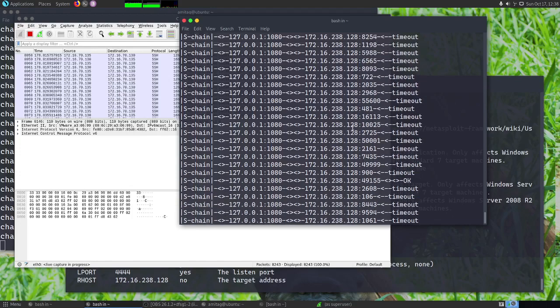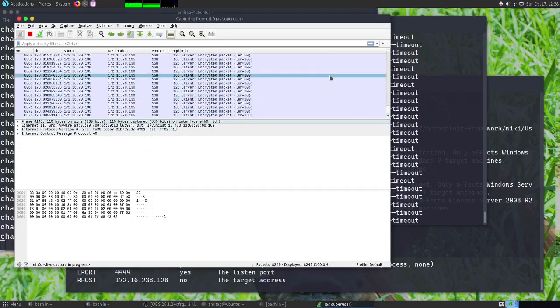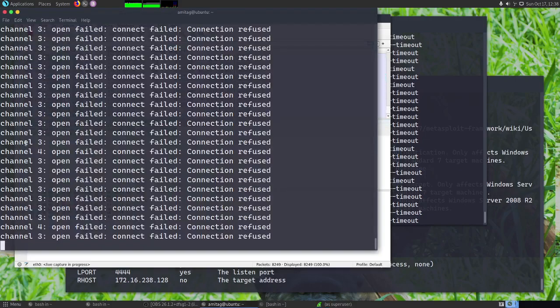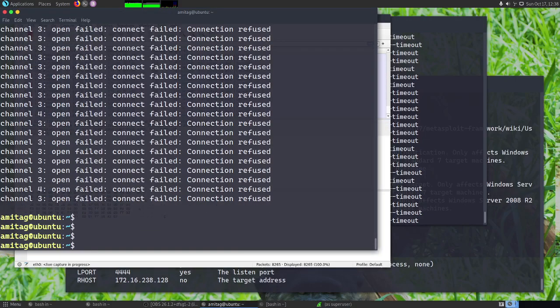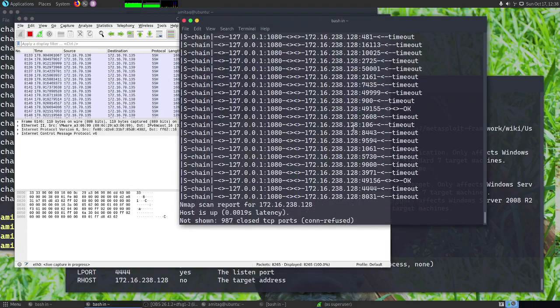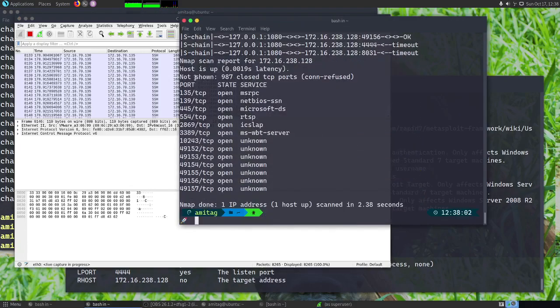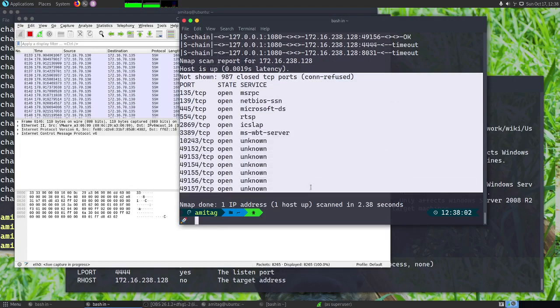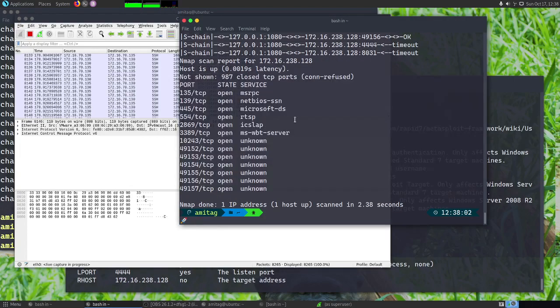And this is allowing us to encrypt all our packets and send them through the Ubuntu machine that we have here, with two interfaces, to the Windows machine that is not accessible directly from our Parrot machine right now. With that said, we can see the open ports here,